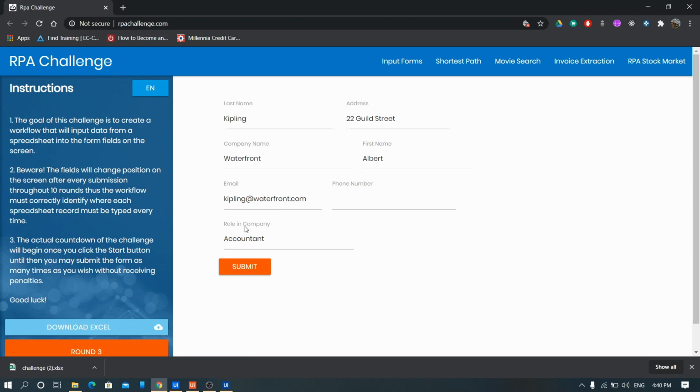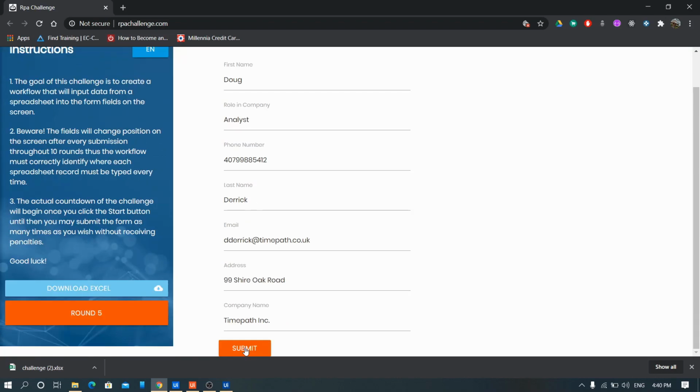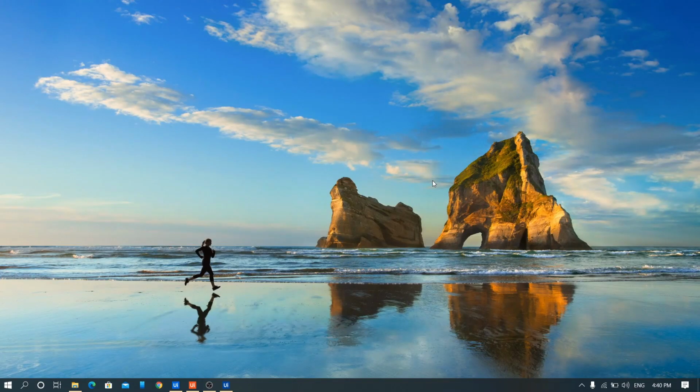So this is the basic workflow what I have. So if you want the advanced workflow for the RPA challenge, I can post it that too. This is your basic framework. If you close this up, then that is your error.